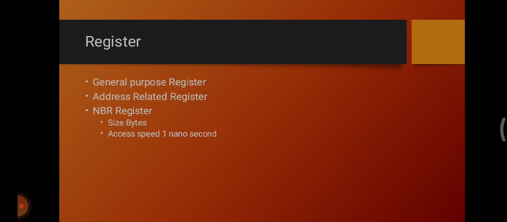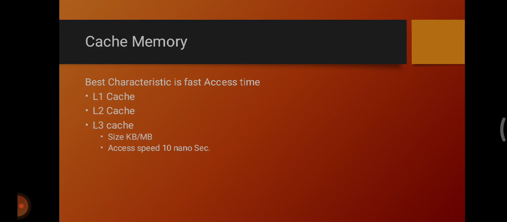Then the next is cache memory. Cache memory can also be found in the processor. However, rarely it may be another integrated circuit which is separated into levels. The cache holds the chunks of data which are frequently used from the main memory. Where the processor has a single core, it will rarely have to move between the cache levels. The best characteristic of the cache memory is a fast access time.